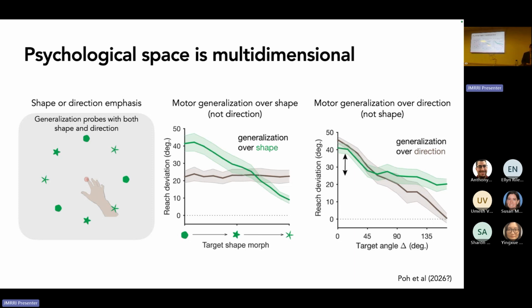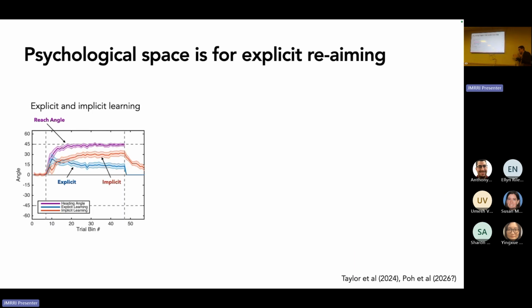I'm not talking about this book today, but I had worked on distinguishing between explicit learning, or re-aiming, like I see my cursor's off, I'm going to re-aim over here, versus implicit learning, like changing the underlying sensory motor map. You can predict the overall learning function based upon an explicit process, where I think I should go, and an implicit process that I'm not even aware of, right? And you can do tricks that, in some relative way, isolate explicit and implicit learning. I say relative because they're not foolproof, it's not 100%, but it does like 90% of the work.